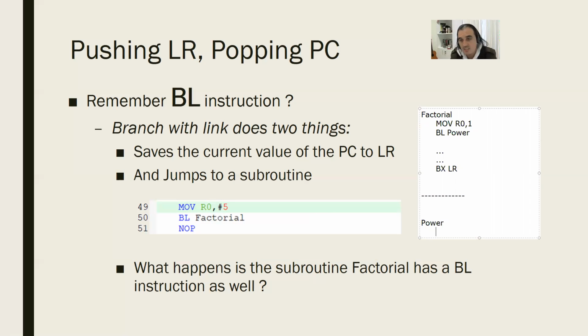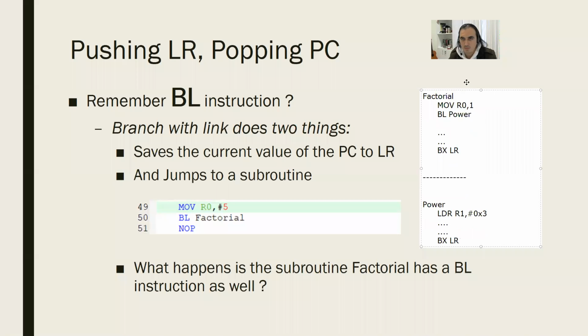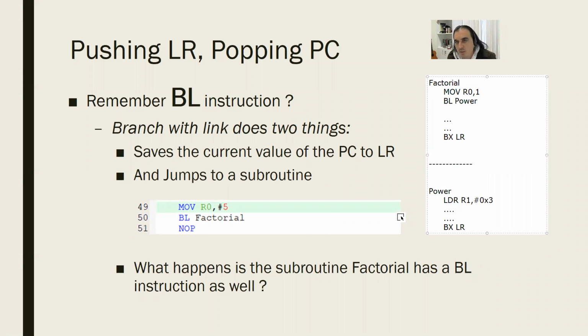Thank you. So there's another subroutine, which is LDR R1, for example, 0, 3. And it has some lines of code, and it says BX LR. There's a big problem with this code, guys. Let me show you what that problem is. The problem is,